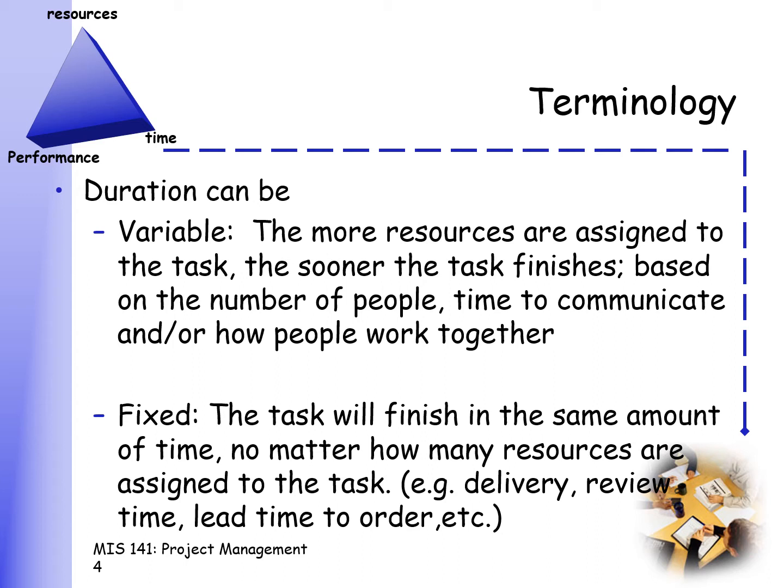The other category of duration is what you call variable duration. When you talk about variable duration, in this case, the more people you assign to the task, the quicker the task will finish. An example here would really be painting a room. If you have one person, that one person might be able to finish painting a room in 4 days. But if you add four people, maybe the duration becomes 1 day,